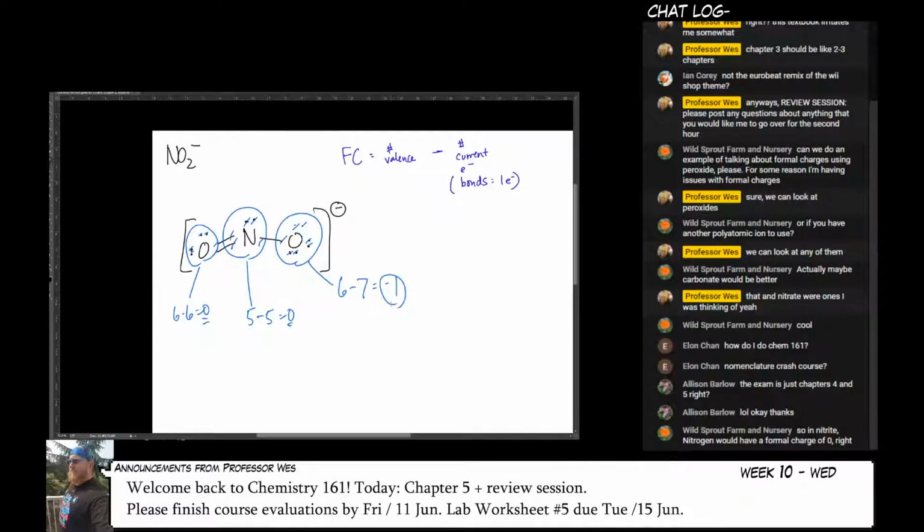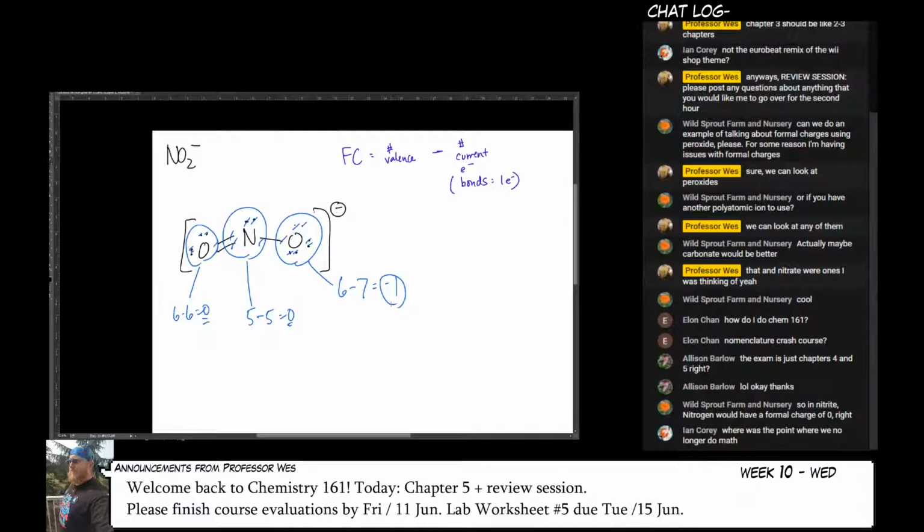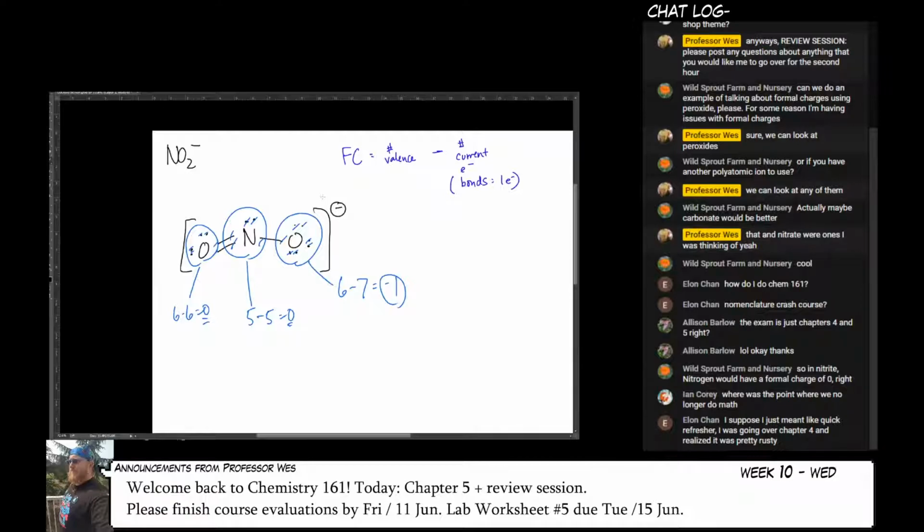Because I can't do that in 20 minutes, which is most of the amount of time that we have left. Where was the point that we no longer do math? At the start of this, after exam 1. So you don't really need a calculator for exam 2. I mean, obviously you can have your calculator handy. I just don't think that you will reach for your calculator unless it's to do something